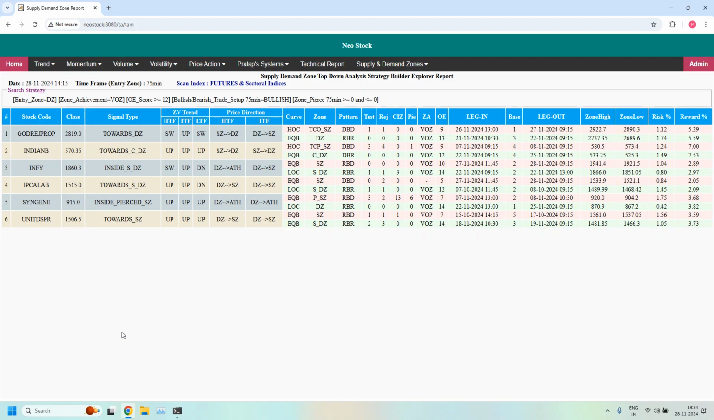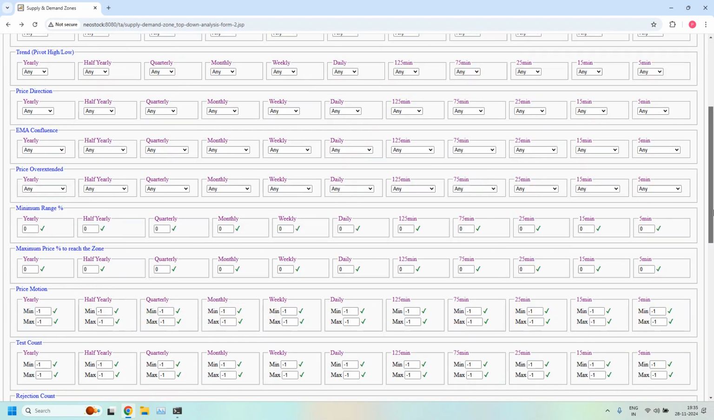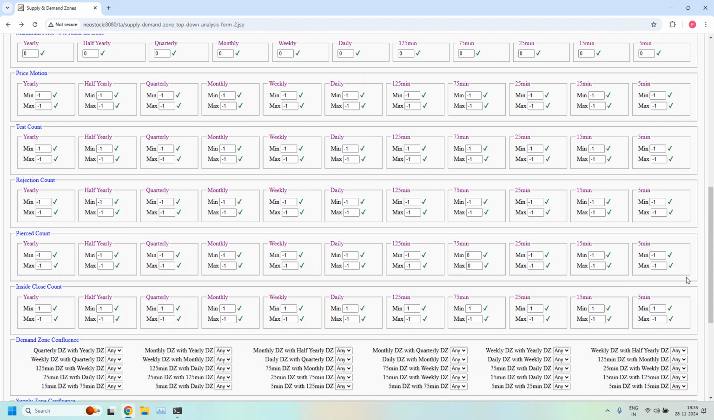Out of these 6 75 minutes demand zones, there could be some high probability supported zones available. We can find them based on zone confluence, 75 minutes demand zone with daily demand zone confluence. Let me enable the filter. 75 minutes demand zone with daily demand zone confluence. With this filter,